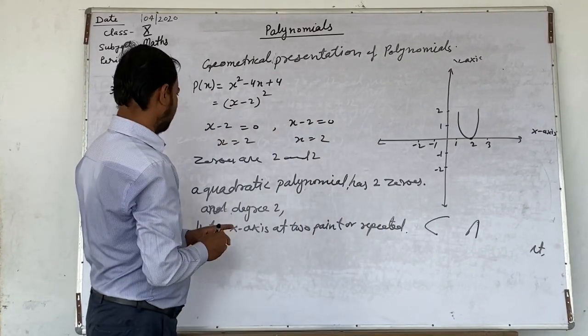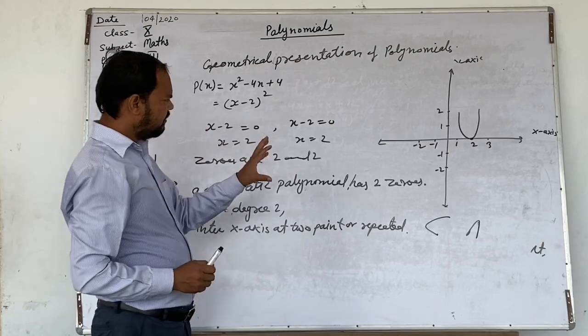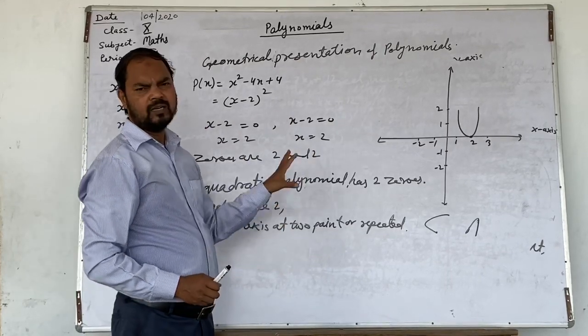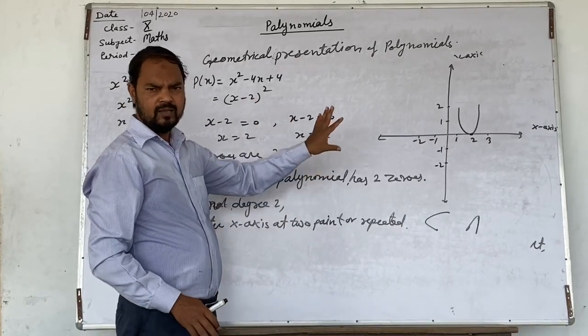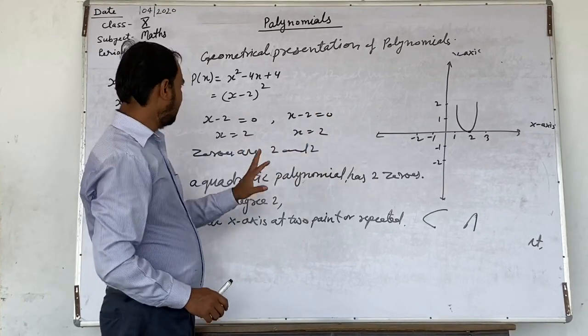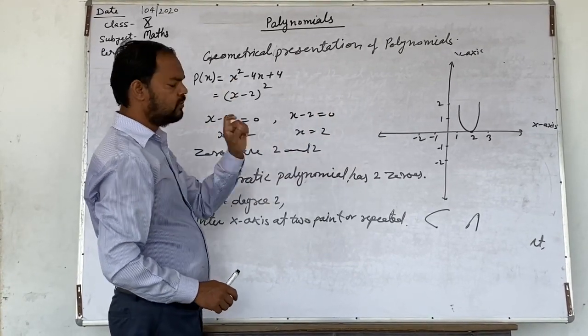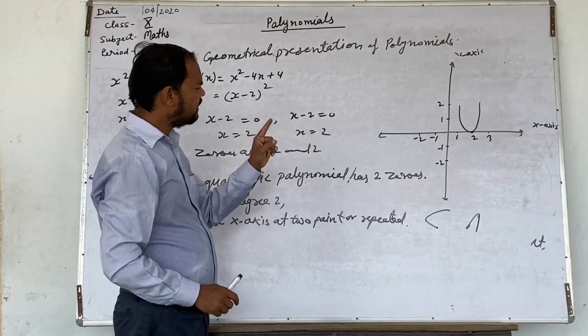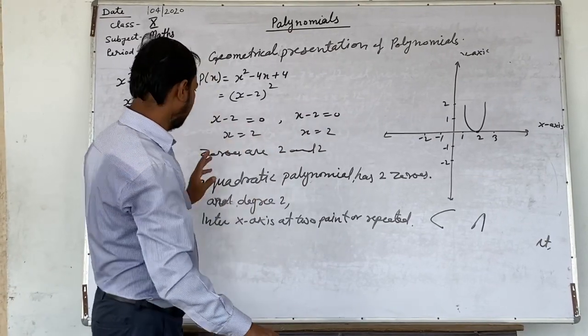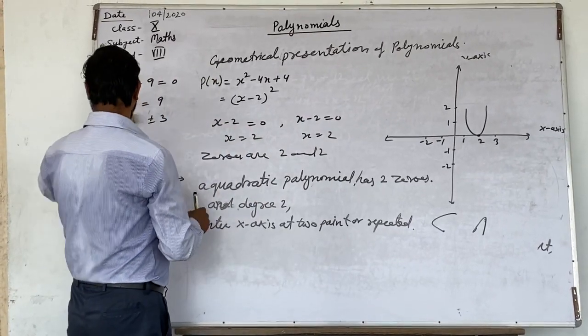Okay, this thing. अब in simple, x axis को जितने places पे काटेगा उतने ही zeros होंगे। Particular degree कितनी है? 2, इसमें 2 zeros होंगे। x axis को कितने places पे काट रहा है? 2, इसमें 2 zeros होंगे। Now let us take some examples, some homework.